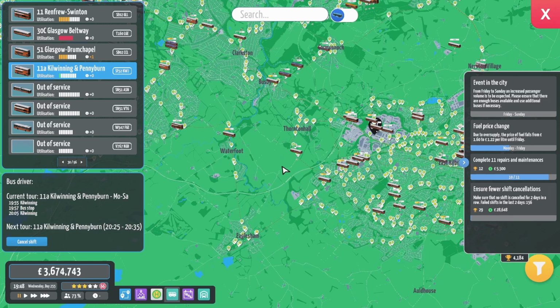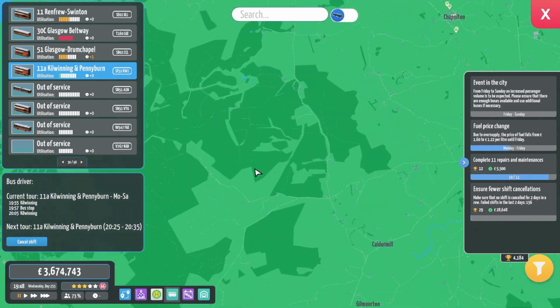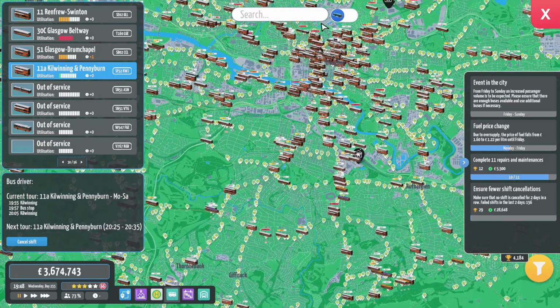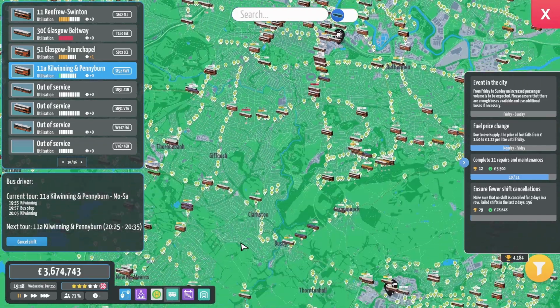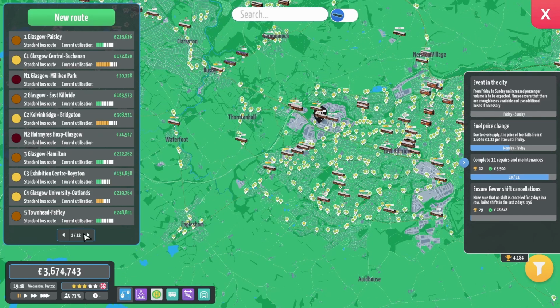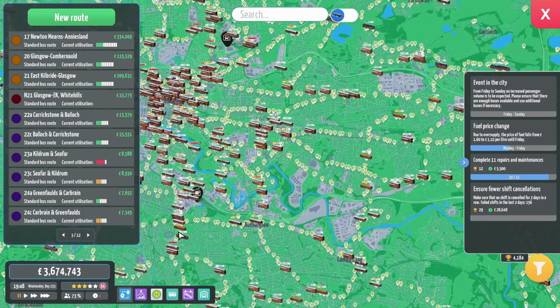I don't think I have a 22, but I think my Eaglesham... Is there anything down here? No. Yeah, so my service from Eaglesham into Glasgow is going to be the 22. And that's going to be fun. Do I have a 22? Other than the one in Cumbernauld? Yeah, I think it's just the one in Cumbernauld. Speaking of, the